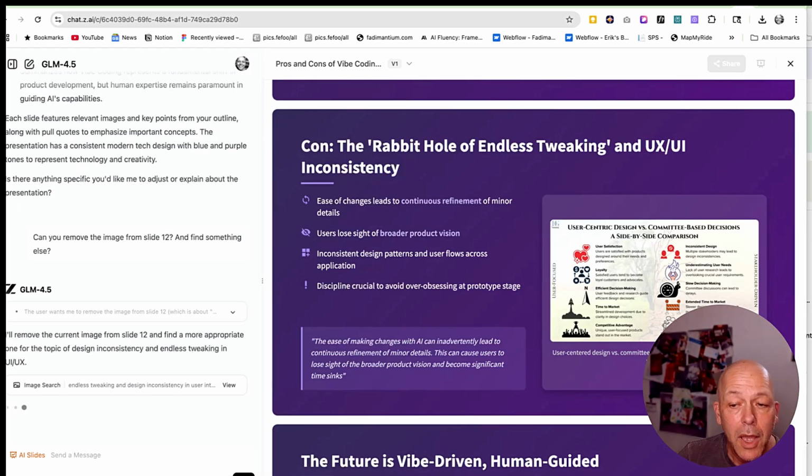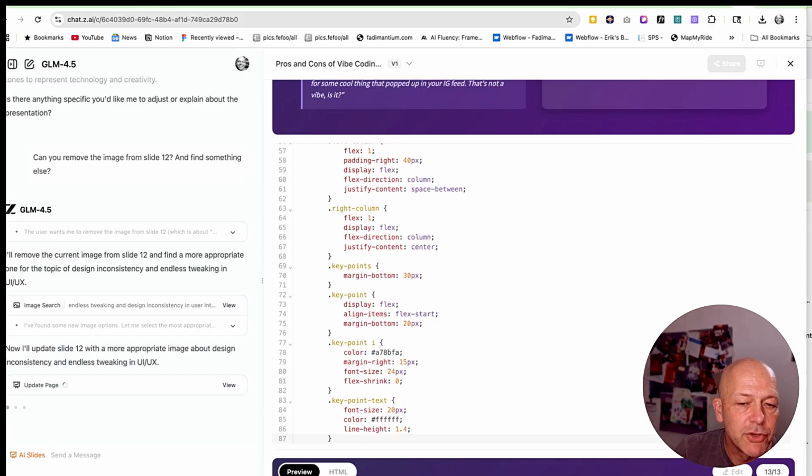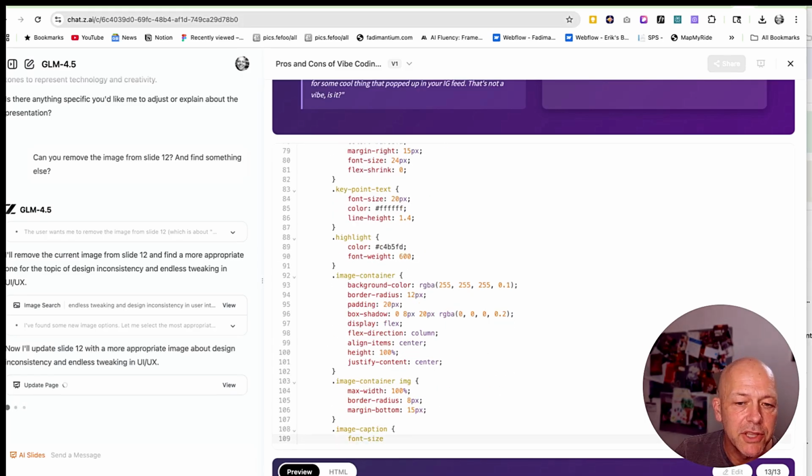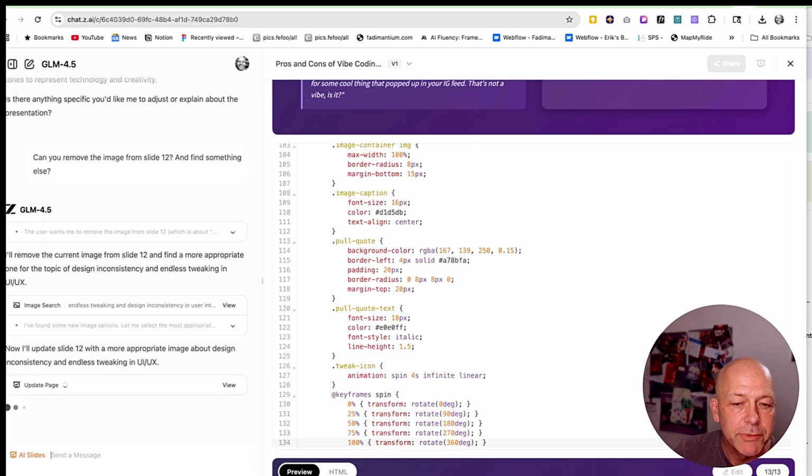I also could have made a better outline where I would have had more control over what would be placed here. And I probably could have offered some image suggestions in my outline rather than letting the AI do everything on its own. So if there's a fault in this presentation, it's probably due to my laziness, not the tool that's building it. So it says it is going to update the image, and I can see that the code is being written. Seems like a lot of work to just update one image, but better the AI do this than me because